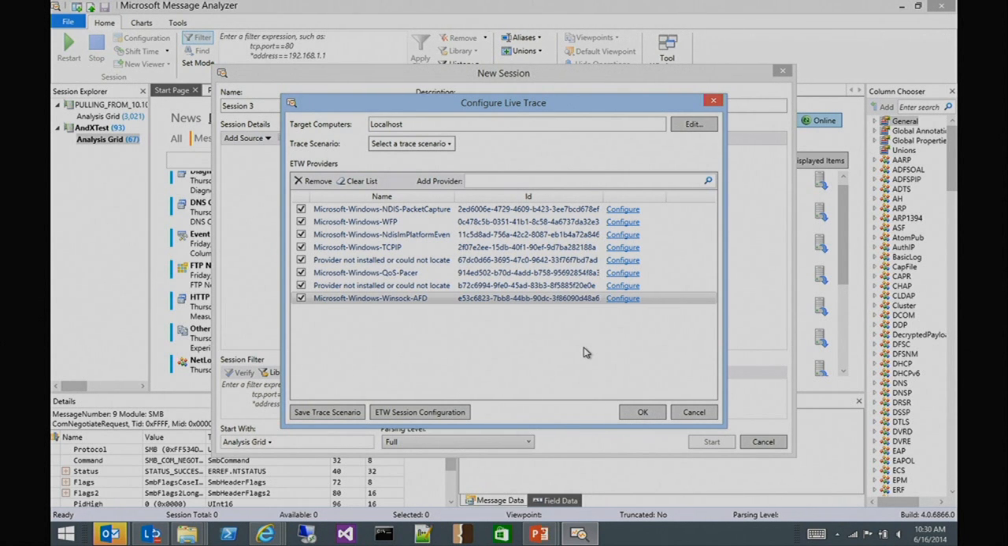ETW is what all our components, well, many of the components in Windows use to write debug statements and stuff for their components. So the TCP component says, okay, I'm going to write some information to use for analysis. They write it in this ETW format. And so Message Analyzer is just a consumer of that format. And so you can collect from a set of providers all at the same time and now do correlation between